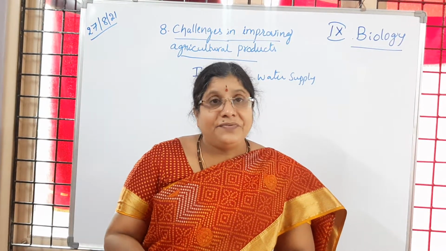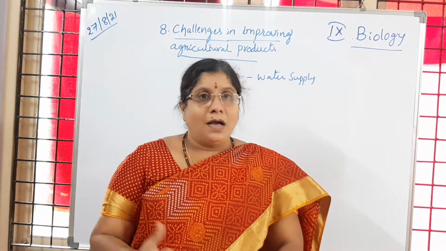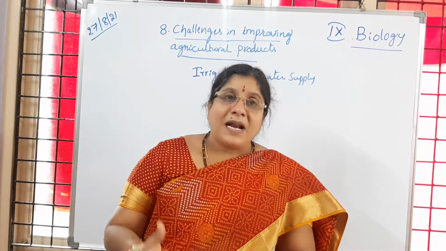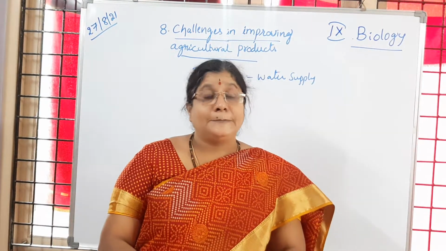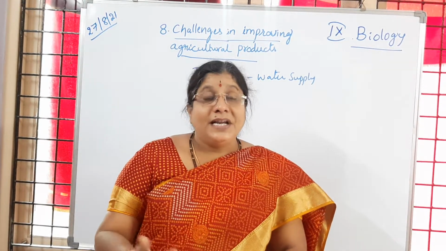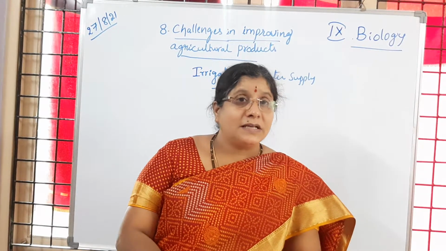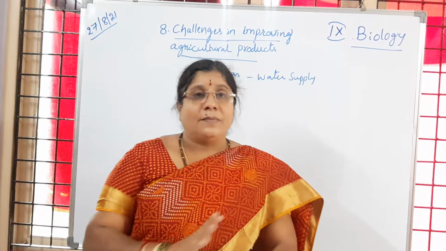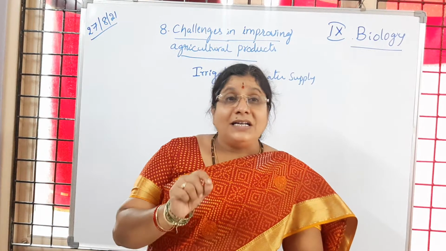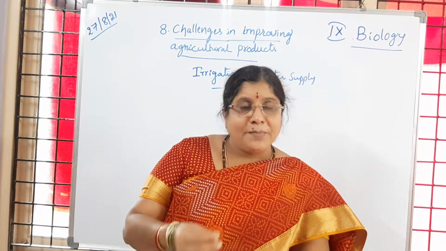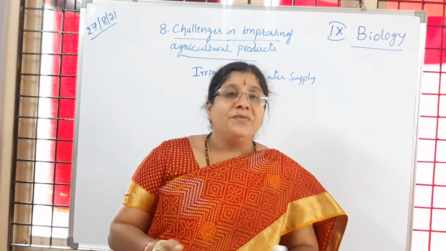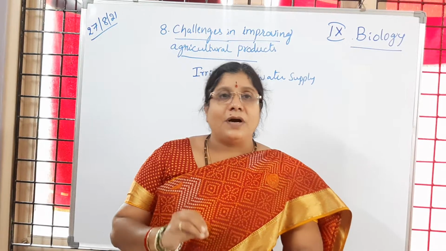So in which field we can observe more and more growth of the plants? The field which is supplied with water is giving good result in getting good yield of the crop, and the other field which is not supplied with water or less water is supplied, so that is not giving good yield of the crop. So here what is the use of water? We applied same amount of nutrient and same area, same type of crop we are growing in different fields. So here what is the use of water?